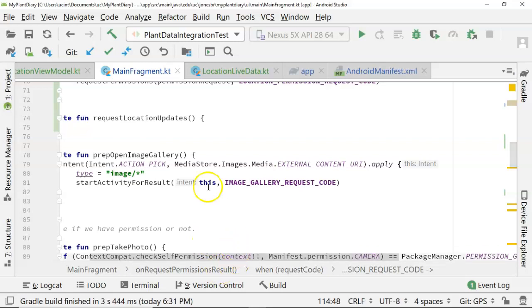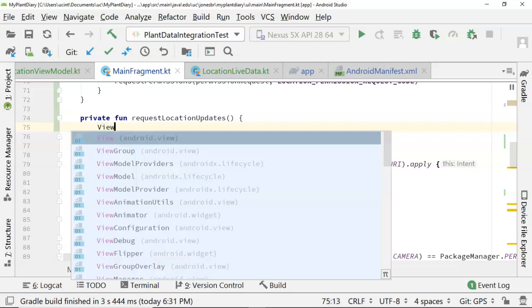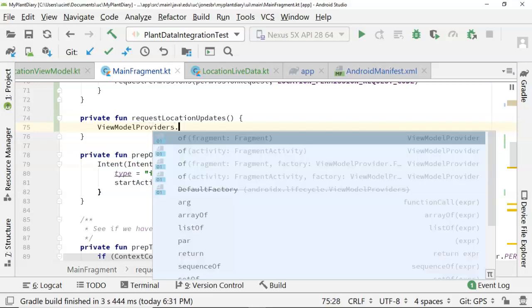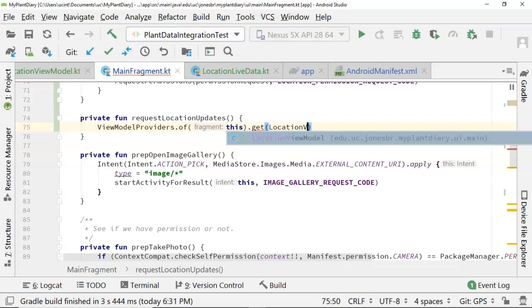So we created that function earlier. We let Android Studio create the function for us. Now we simply need to fill in some details. First, we need to get access to the view model that we created. So let's say view model providers dot of this dot get location view model